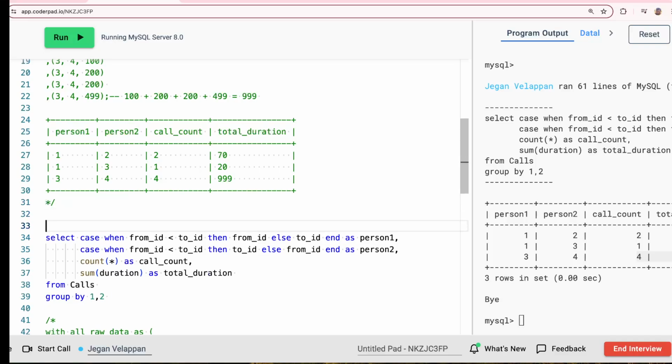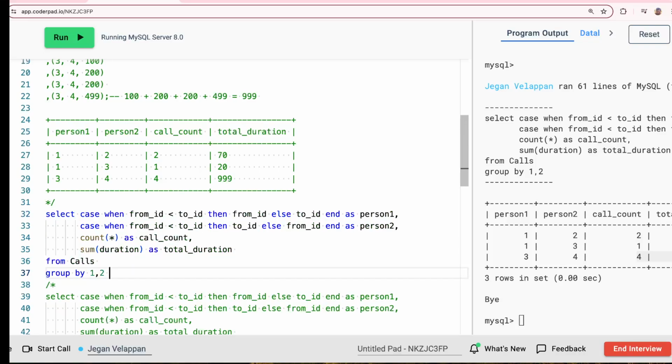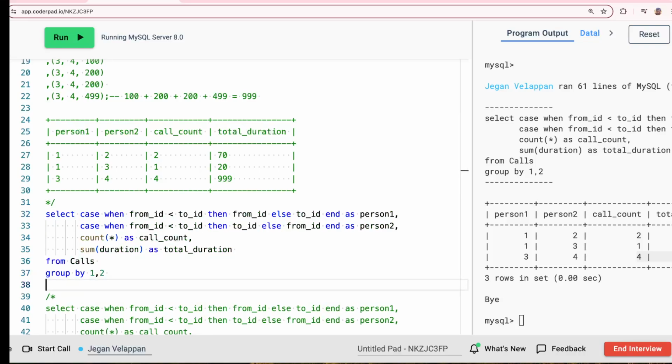And there is one more inbuilt function which you can use, which is much easier than the case statement. That is an inbuilt function called least. So now we say from id is less than to id, right? Instead of that, I just say least is the smaller, right? Least of the from id and to id,